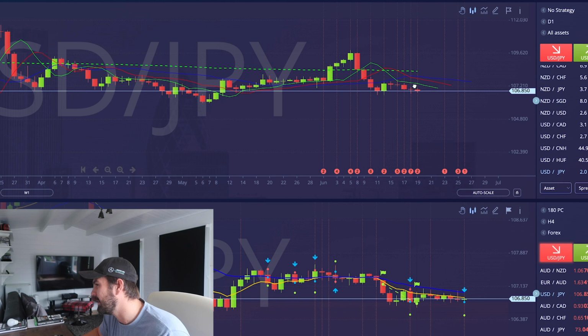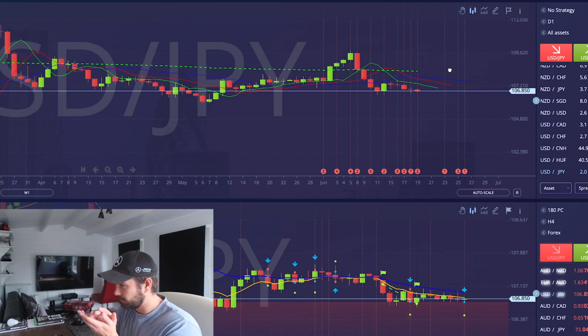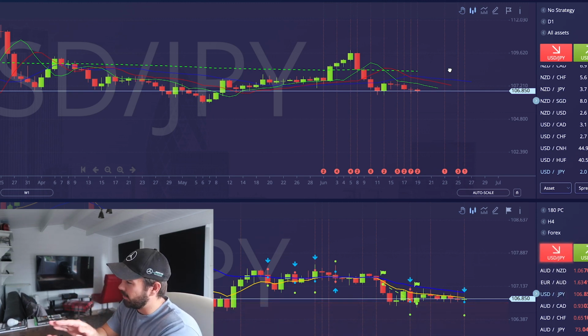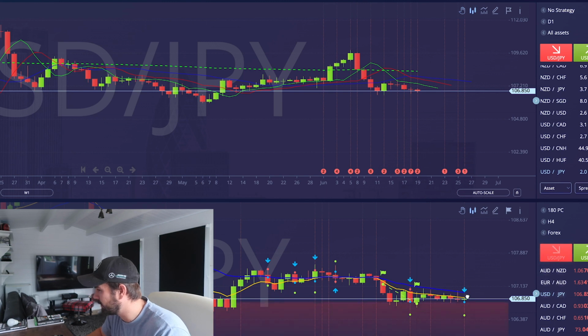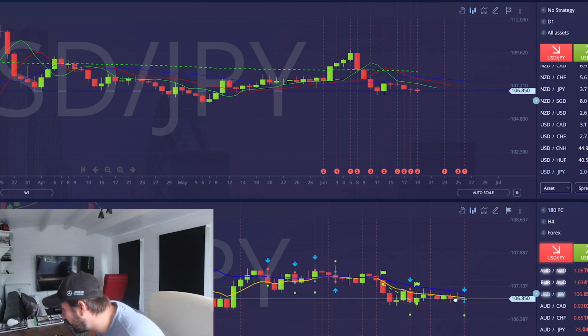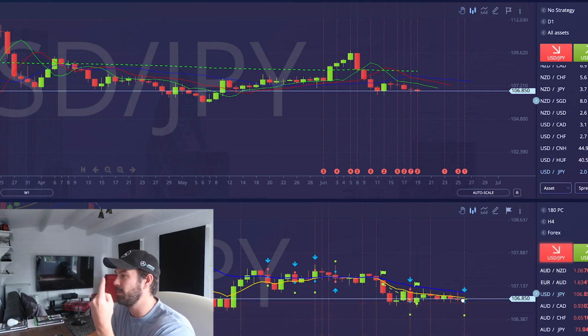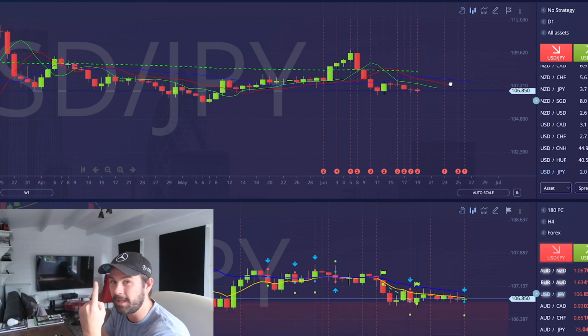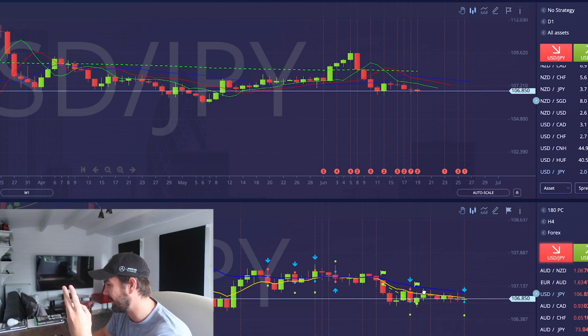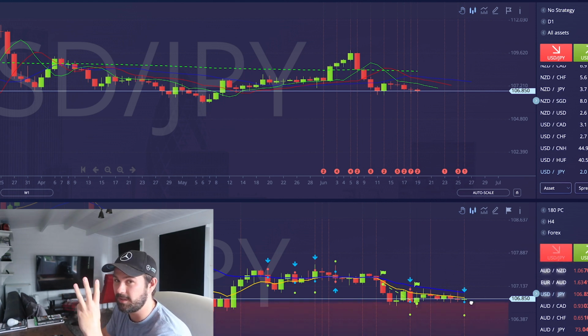So I can see here the blue lines at the top, the green lines at the bottom. All of them are open, kind of. So Smartcharts is saying you want to go short. We have a high test down here. You see that high test hit the 50, came back down. So that is also a confirmation. So we have got the higher time frame confirming a downwards trend. We've got Smartcharts saying we should go short. We have the 50 above the 20, which is another confirmation saying it's going short. We also have the previous candlestick pattern of a high test. So that's another indication that we're going to go short.